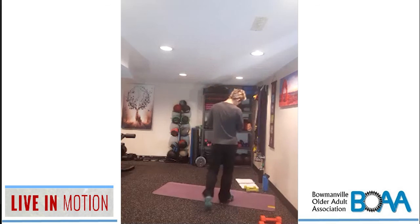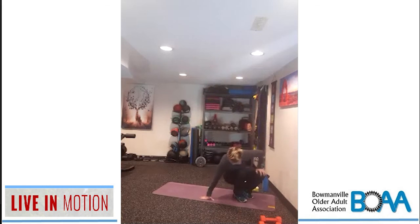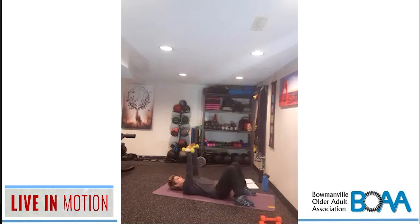So let's bring it back down to the bridge again. So we're gonna do that bridge pullover. So remember what I said about using a little bit of a lighter weight, so that it's more controlled. Okay, so in bridge position, hips are up. You're doing one at a time, okay? All right, so let's get ready. Big lift up, butt cheeks tight, and then we'll lower down for 1,